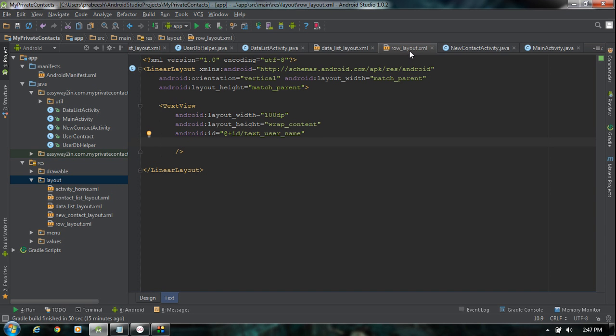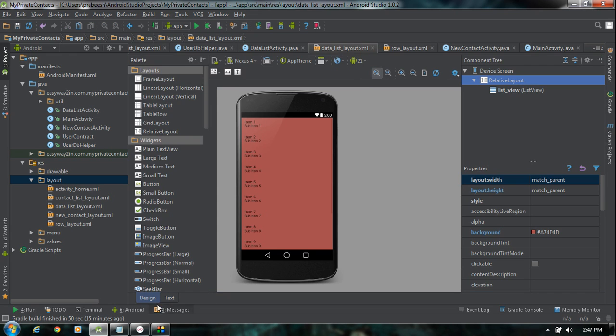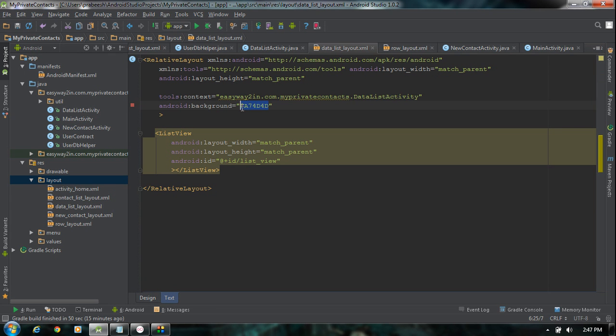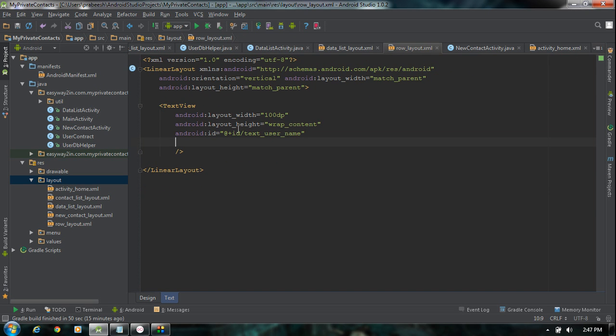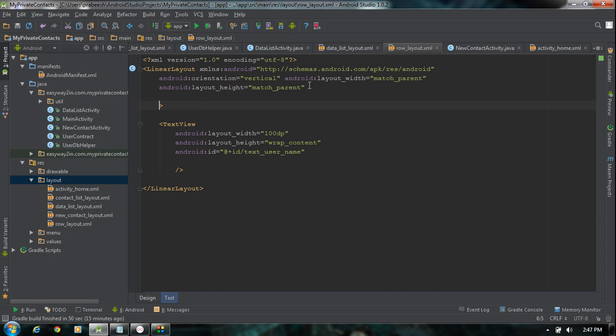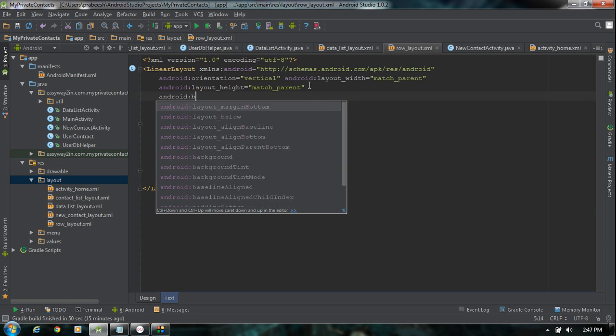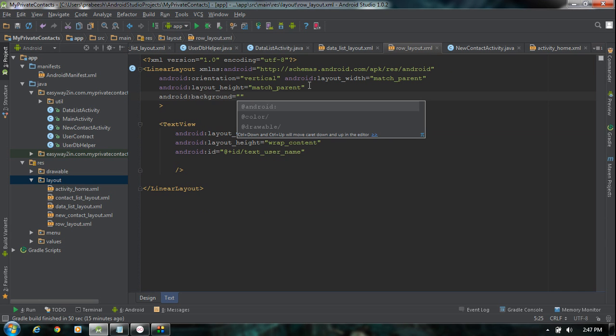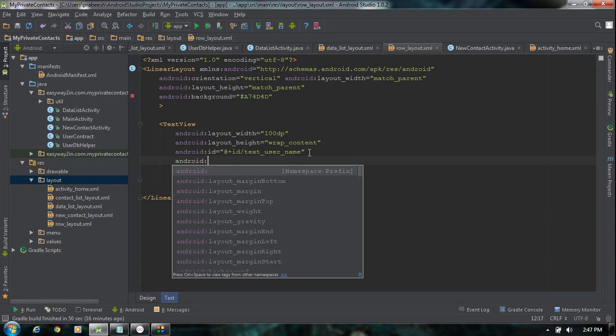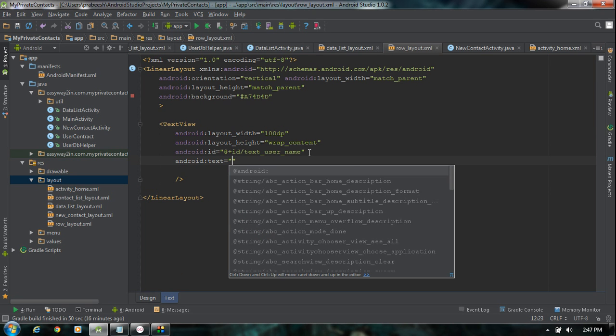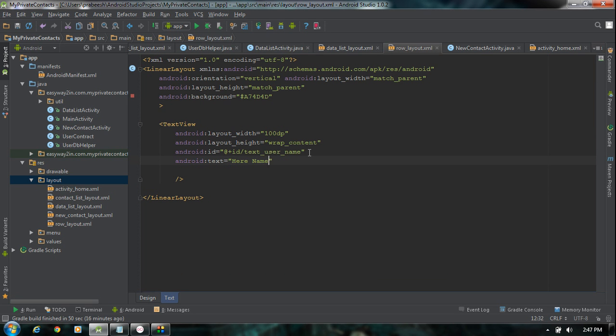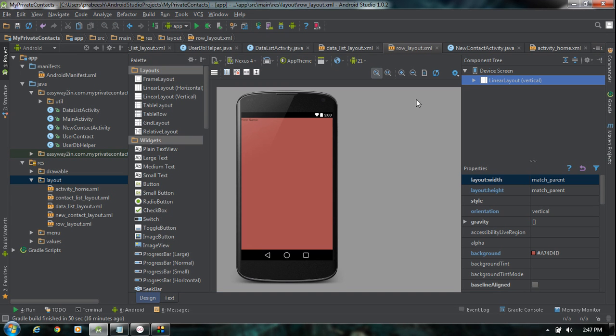Also here I'm going to change the background color of this layout. So copy the same color code again. Now come back to the row layout and change the background color using android background attribute and paste the color here. Okay, and provide a text for this text view, android text. Here name. Okay,